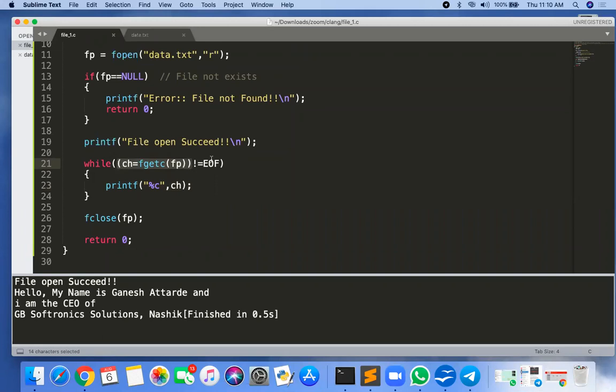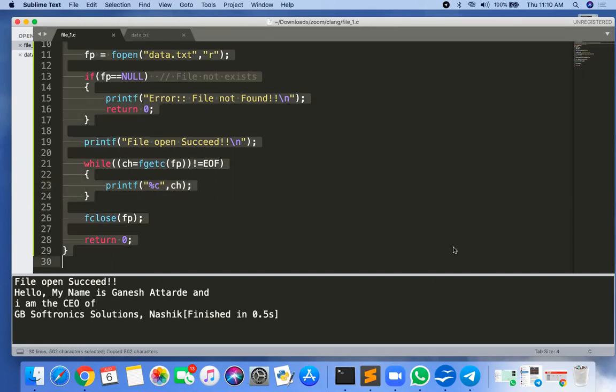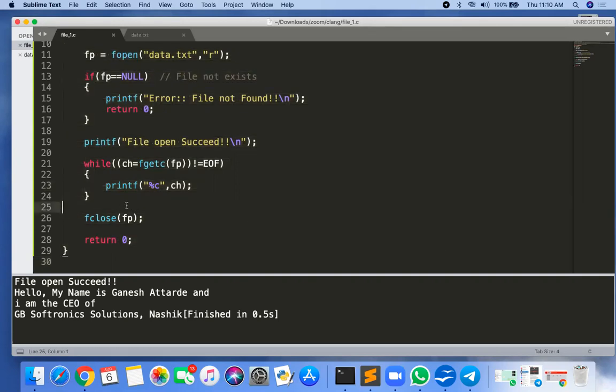If it is not equal to EOF, only then will it go inside. If it is equal to EOF, then it will not go inside. It will directly close the file. Getting? So it's just a matter of the logic of your programming. So this is a shortcut method of reading a file. Only 2 lines.